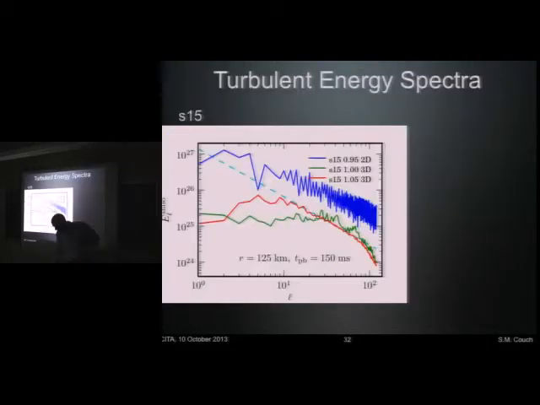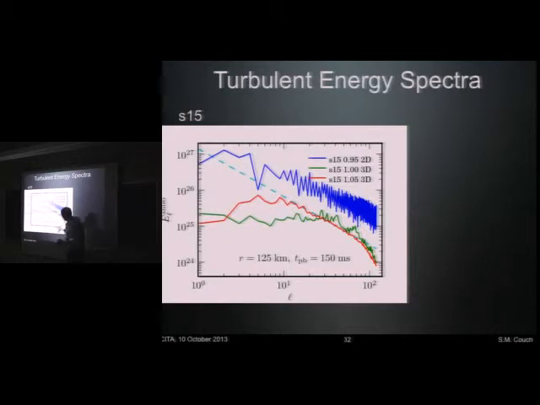And this comes out if we were to compute the turbulent energy spectra. 2D is a little bit noisy. 3D is better. So what I've done here is to compute the kinetic energy density of the motion not associated with the background radial flow, which I relate to this sort of turbulent energy. And what we find is that in 3D, the exploding model has more energy, especially at larger scales, than the non-exploding model, which is important. 2D has a lot more energy than either of these two models at all scales.